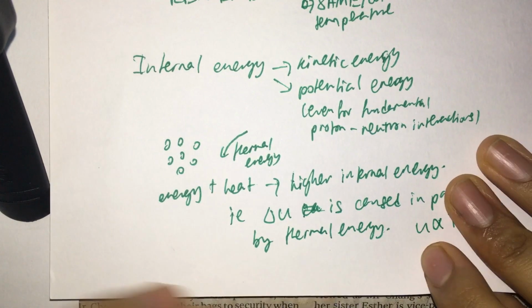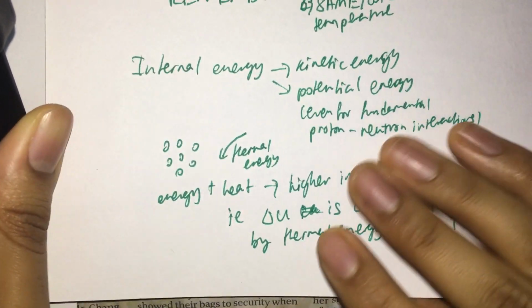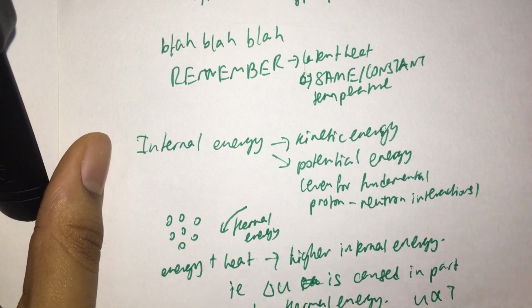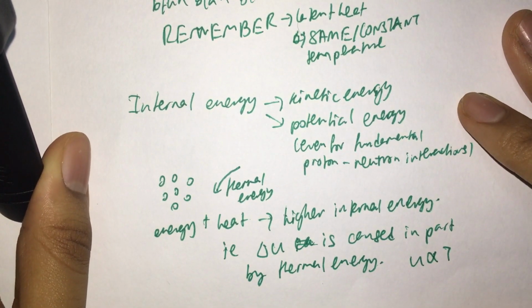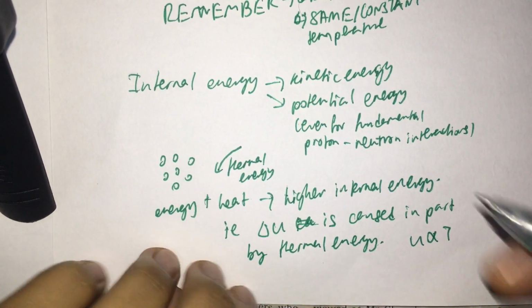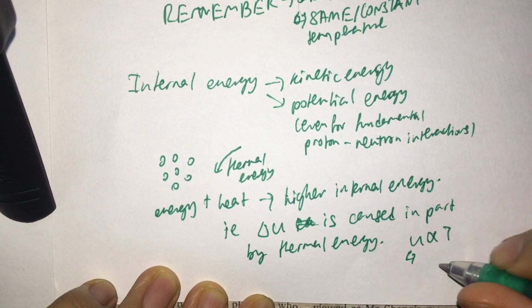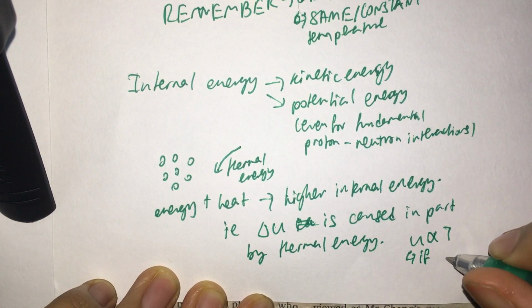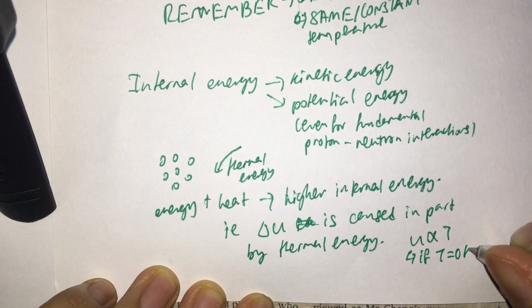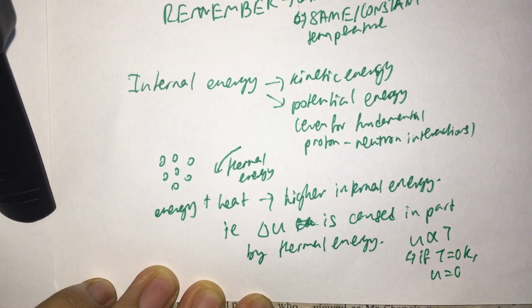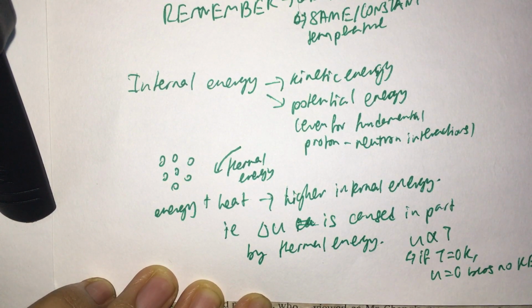There's nothing else much to say for that point. So the main thing that will be tested here is the first law of thermodynamics, which is delta U equals the work done plus the heat supplied. Okay, so what is this equation? How does this relate to whatever we just talked about? Well, basically